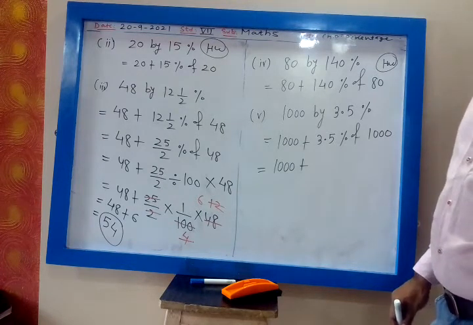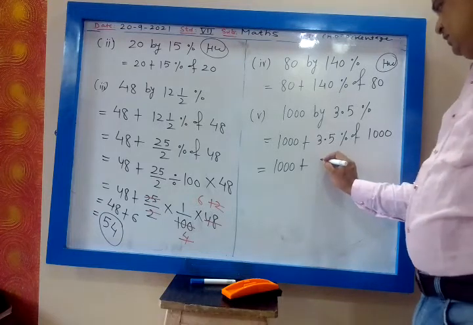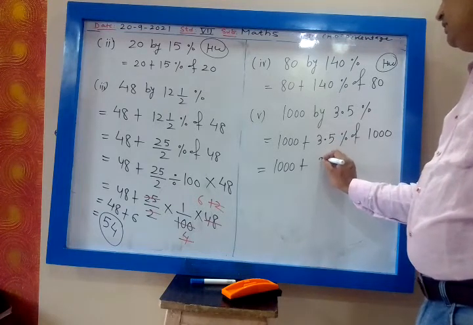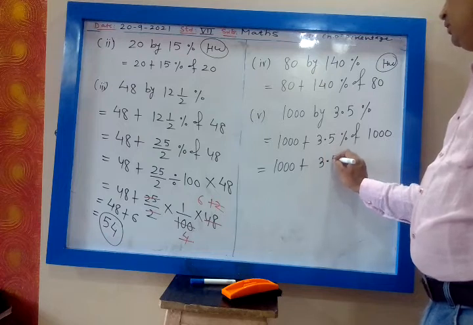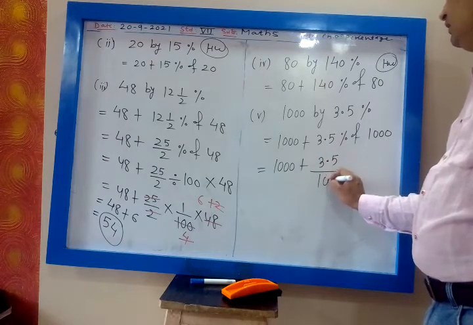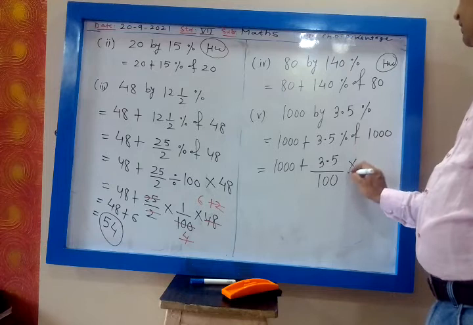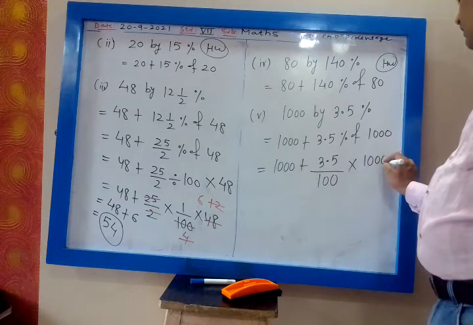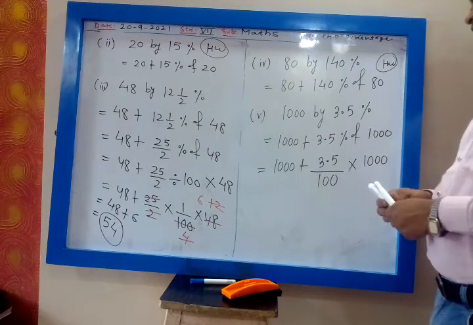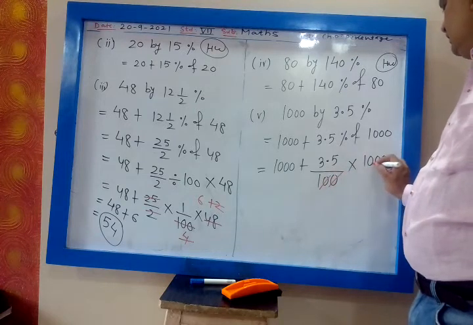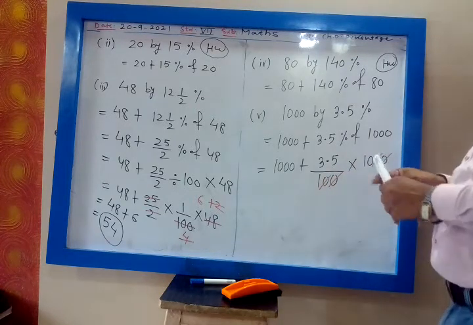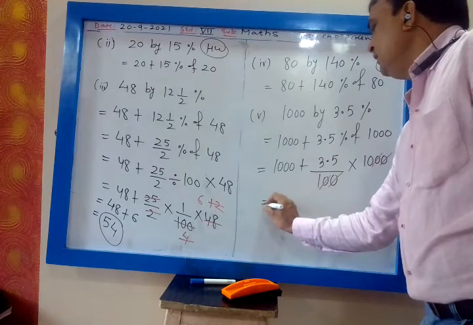What do you mean by 3.5%? 3.5% means 3.5 upon 100. Of means multiplication, 1000. Then tell me, two zeros get cancelled. What is left? 3.5 into 10. So 1000 plus